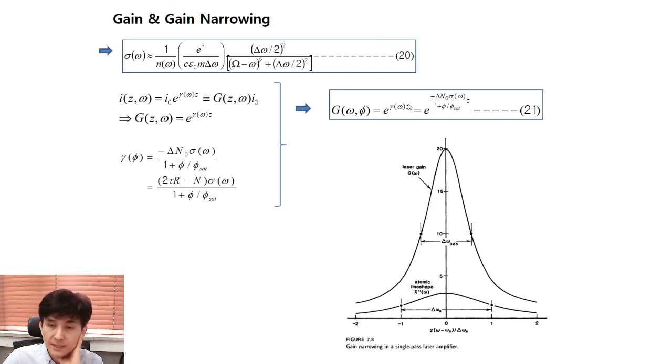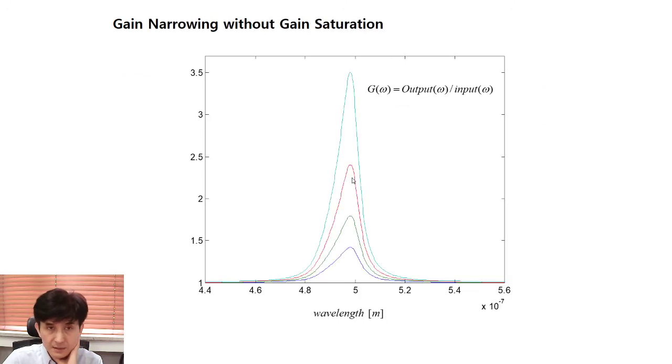For a given fixed spectral response of a medium gamma omega or sigma omega, the gain curve changes as a function of z, and the spectral width of the gain curve becomes narrower and narrower as z increases. That's what the gain narrowing